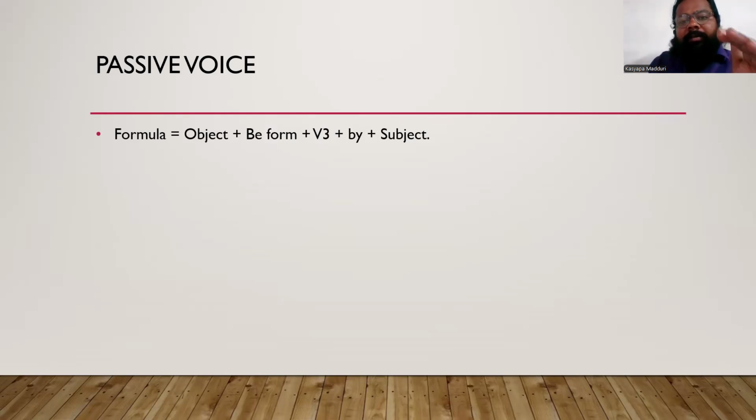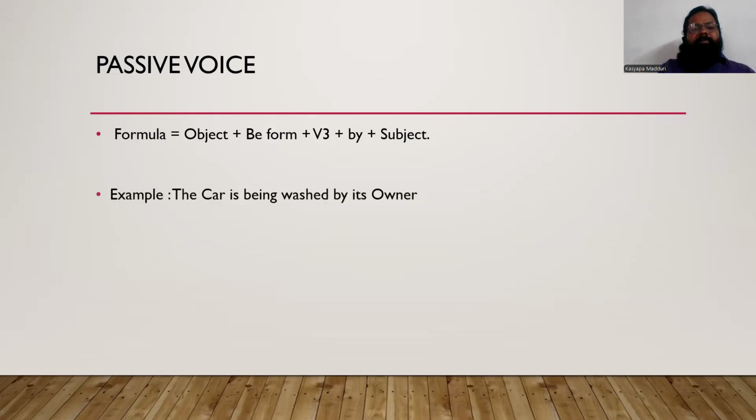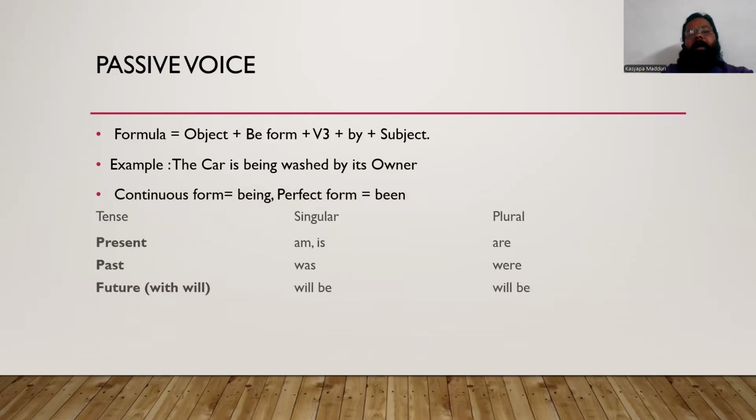Usually, when there is an action being done by someone, then it is definitely a blind code that it is a passive voice sentence. Okay, now let us go. Example, the car is being washed by its owner. By its owner. Immediately blind code. There is by its owner. So there is a subject and an action is being done by the subject. So it is passive voice.